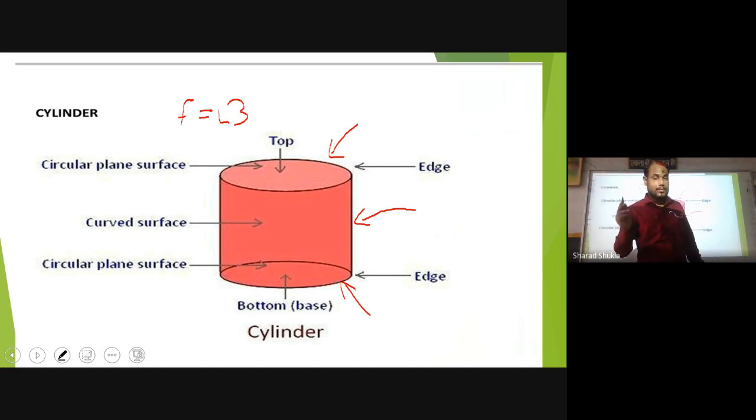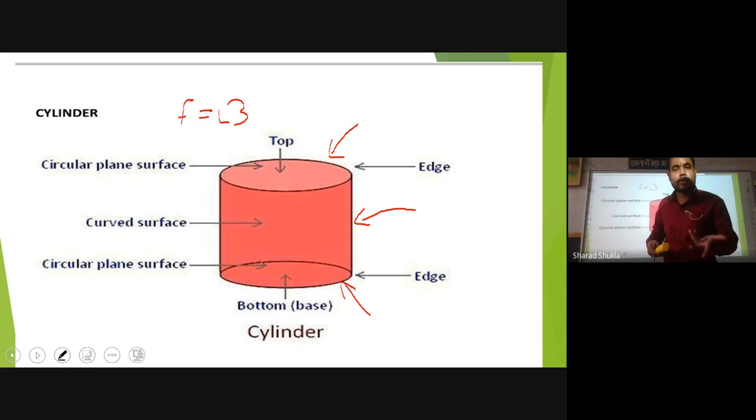Please see the number of corners. Here there are no corners. So corners is 0, no corner. Here it is circular. This is a curve. No corner. Then corners is 0. And next